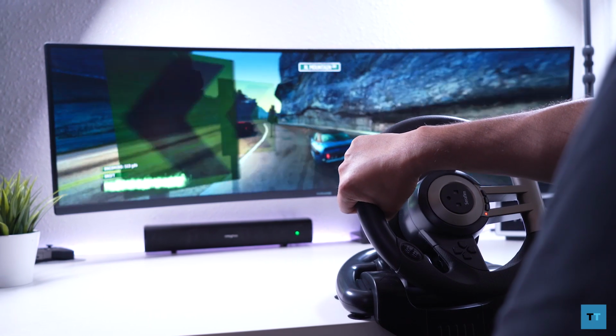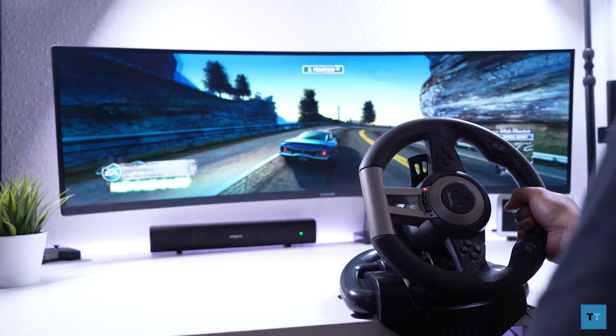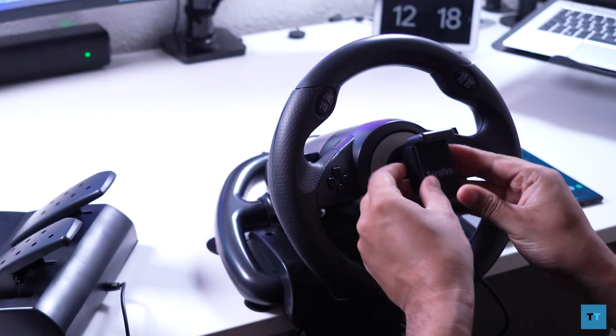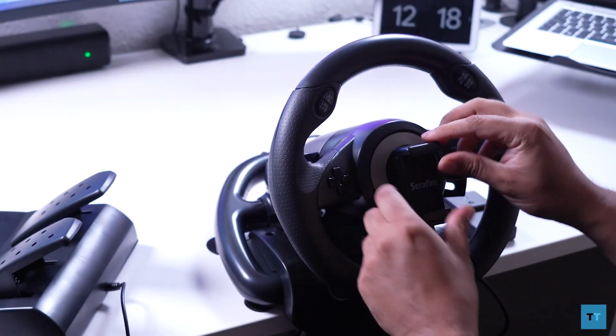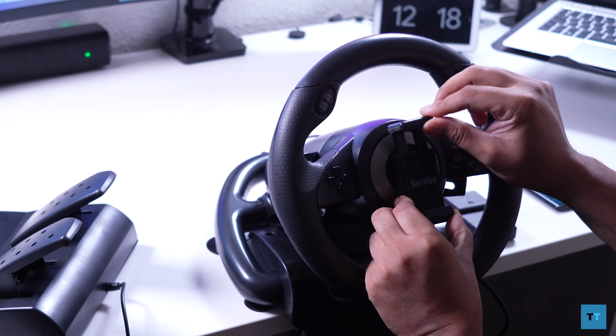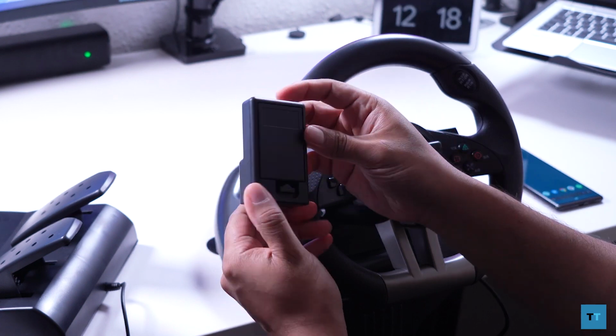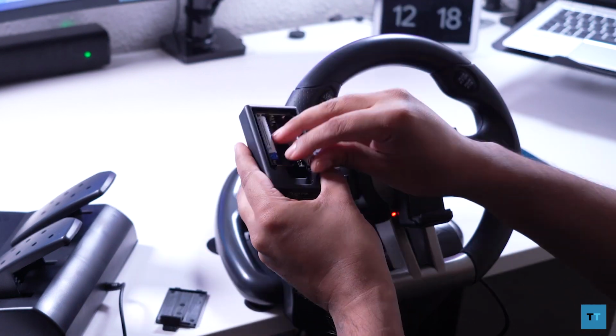Anyways, let's get this set up with my Sony Xperia 1 and see how the world's first mobile racing wheel works and whether or not it's worth buying. Firstly, grab the phone holder and snap it onto the steering wheel itself. You can see it extends, so I'll be placing my phone on that shortly, but before that, get a hold of the Bluetooth box, remove the battery cover and place 3 AAA batteries inside, and then put the cover back